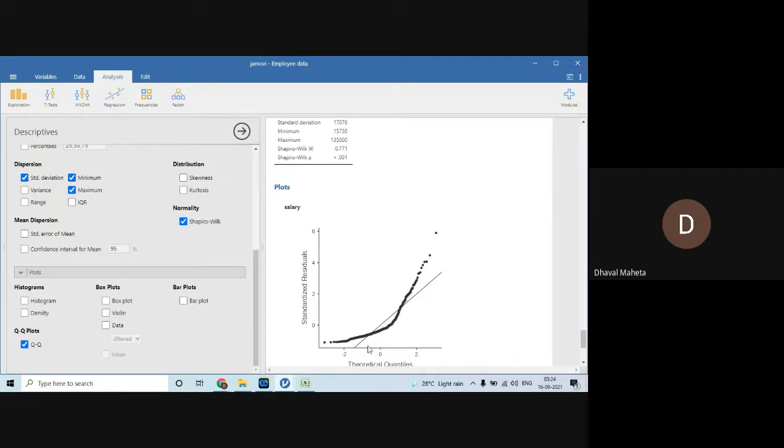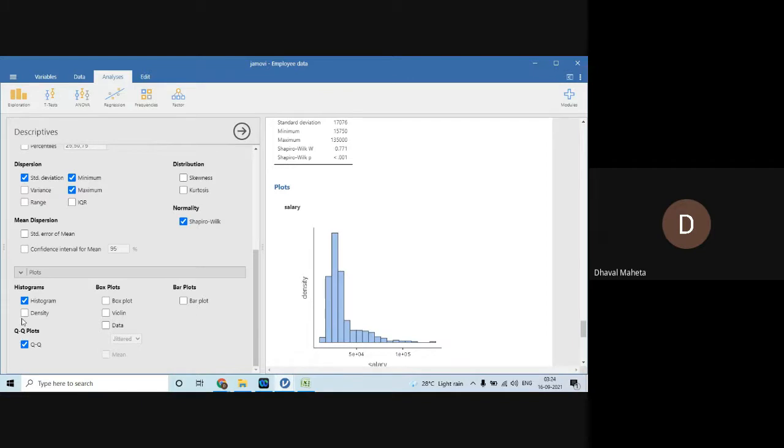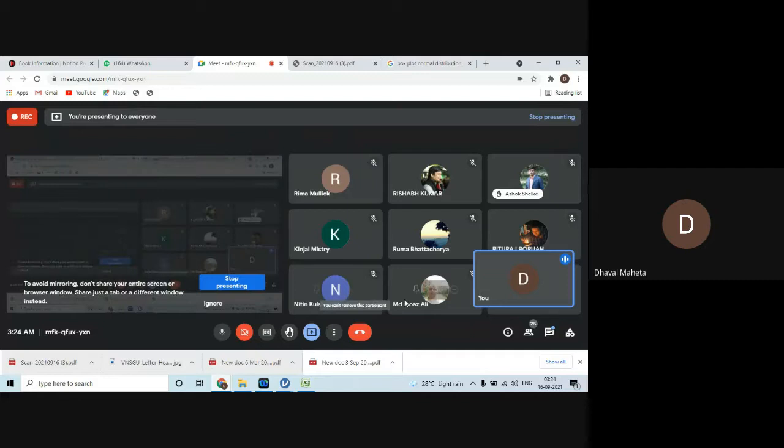Further, this can be confirmed by this also. See, in the QQ plot, all the points are not on the straight line, and it means that there is a lot of skewness in the data. If your data is normally distributed, most of the points will be on the straight line. Just see on histograms also. You will be able to see the skewness in the data. If you plot the density, it will get very well clear that the data is not normally distributed. Right? Is it clear, all of you? Are you getting it? Say yes or no.